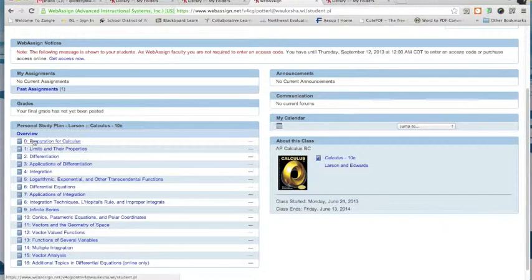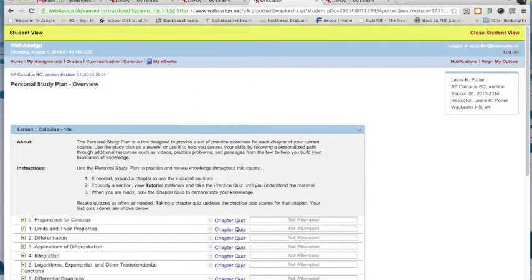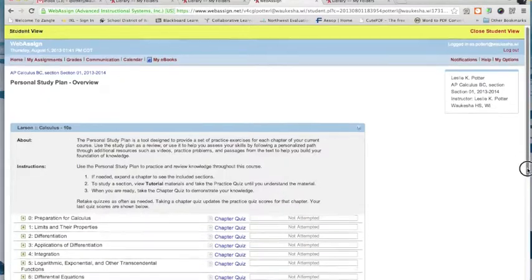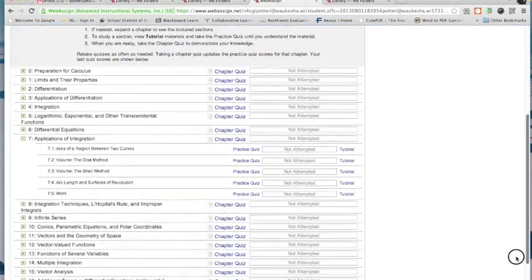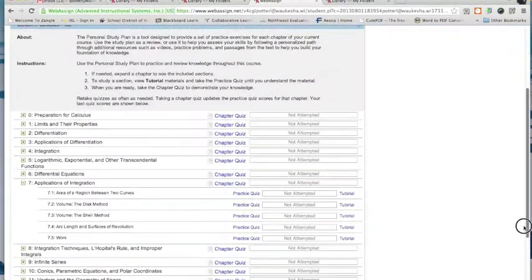The personal study plan goes by chapter, and it's additional quizzes and tutorials to help you obtain mastery on the skills that you're going to be tested on. So let's just say as an example, I'm getting ready to take the applications of integration test. To complete the personal study plan review, I would go into applications of integration. And within that chapter, as you can see, the textbook